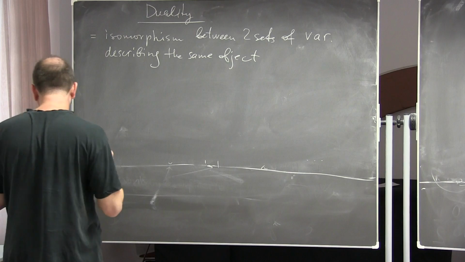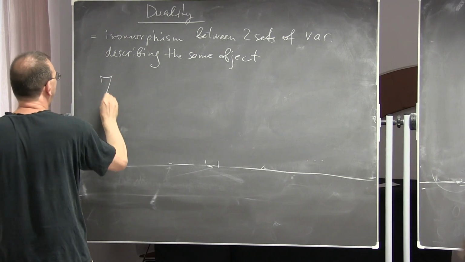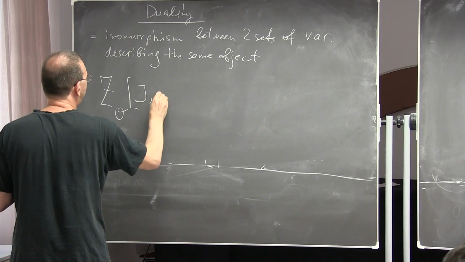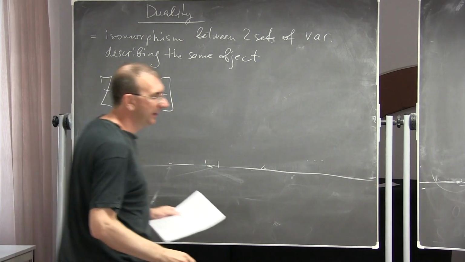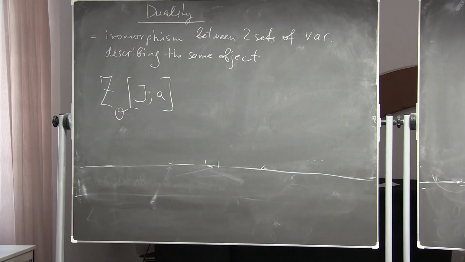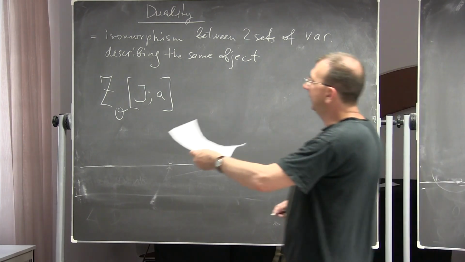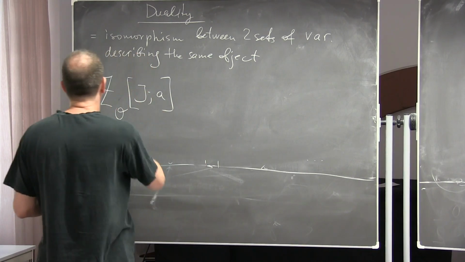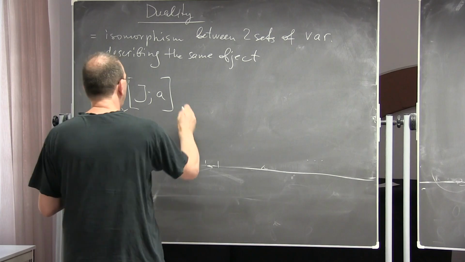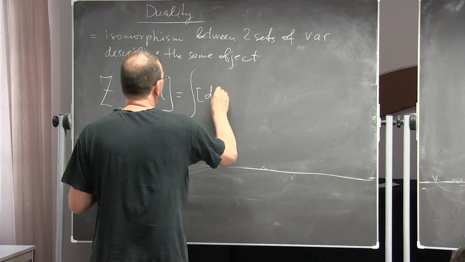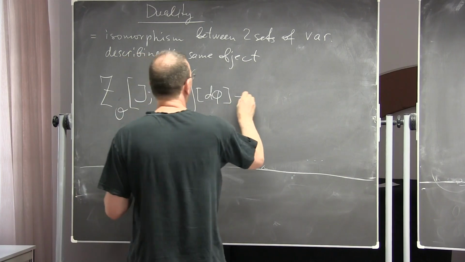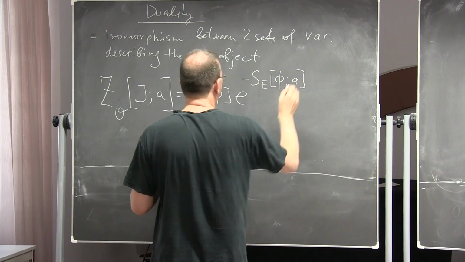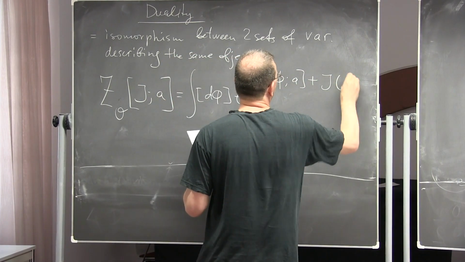And what kind of object do we have in mind? Of course, we have in mind Z, or more generically, the generating functional of our Green's function. Because I remind you that ultimately our goal is to compute G, retarded or advanced, whatever we want. Correlation functions are typically computed with the help of a generating functional, which is a path integral for some theory. So we have some fields phi. And here, let me write this in Euclidean just to have things better defined. And then there is some current with this operator.